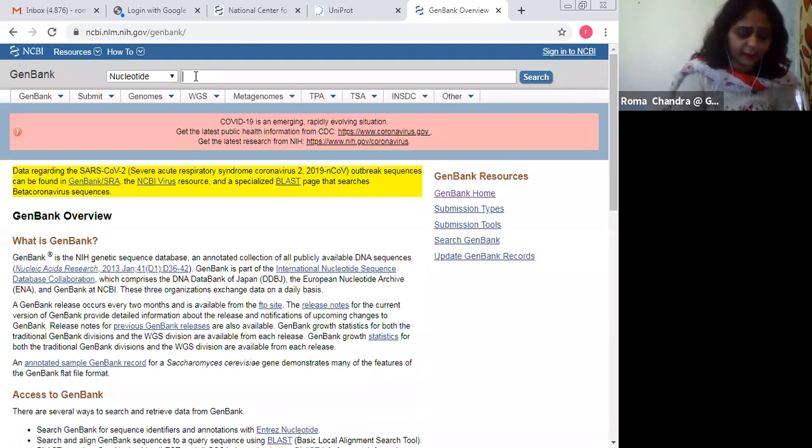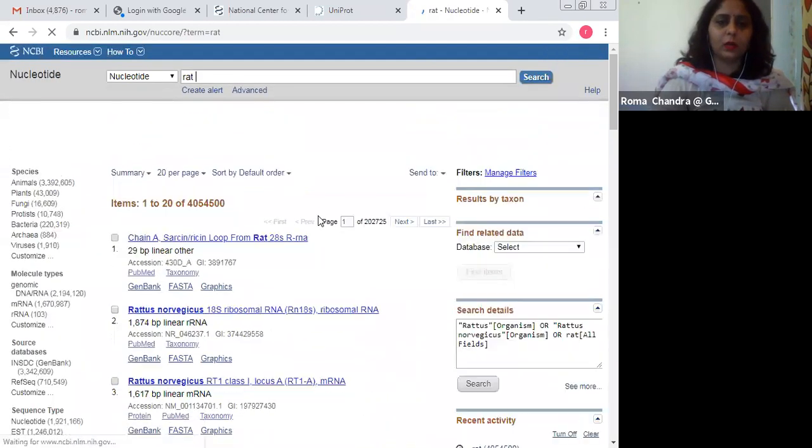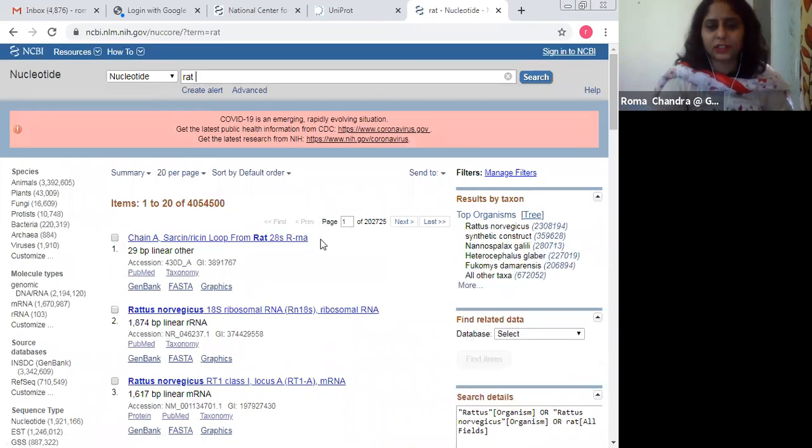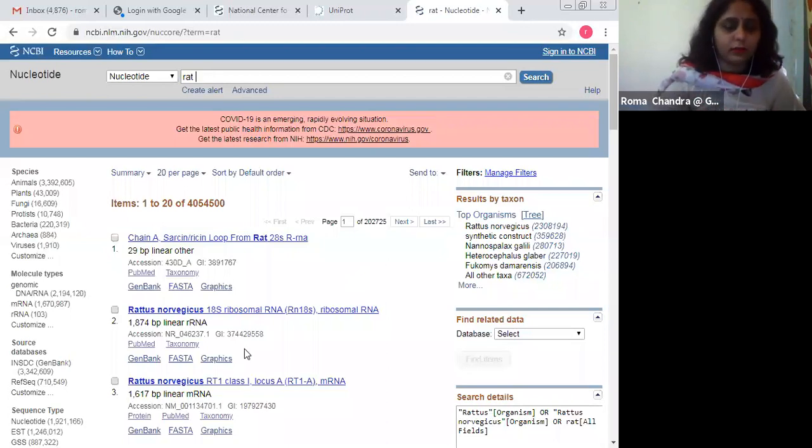If I'm dealing with, for example, the nucleotide of rat, now again I got all these submissions for the keyword rat. From this Rattus norvegicus, I got this sequence. I'll click the first one itself.